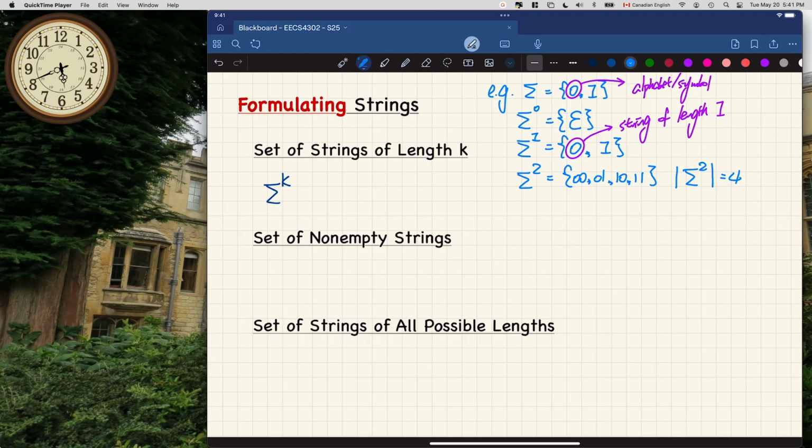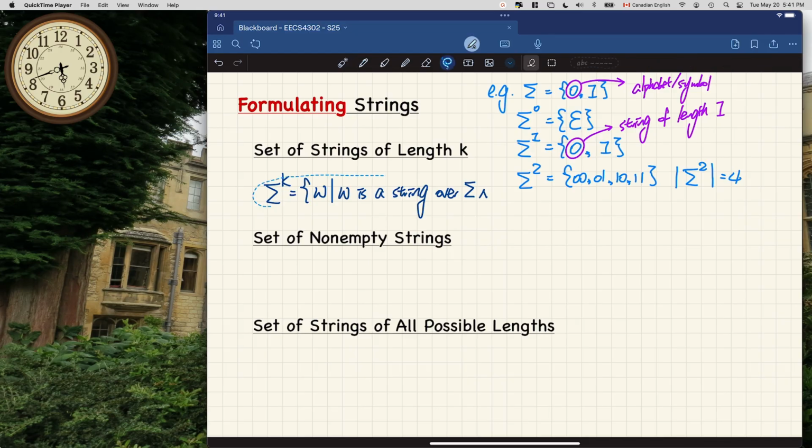So sigma to the power of k will be the set of strings. W is a string over sigma, the alphabet, and also the length of the string